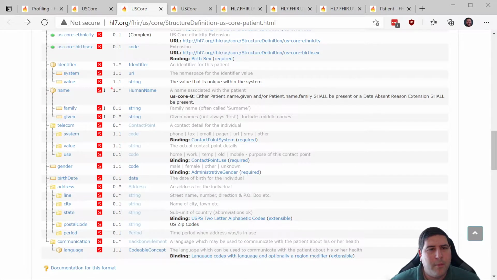When we look at the US Core patient, we can see this is not grayed out. And we can see one of the things they've done is made it 1 to star. So we're saying, yes, it's an array, but you have to have at least one name available. That makes sense. Now we can see that we've drilled down in the profile, we've actually drilled down beyond name